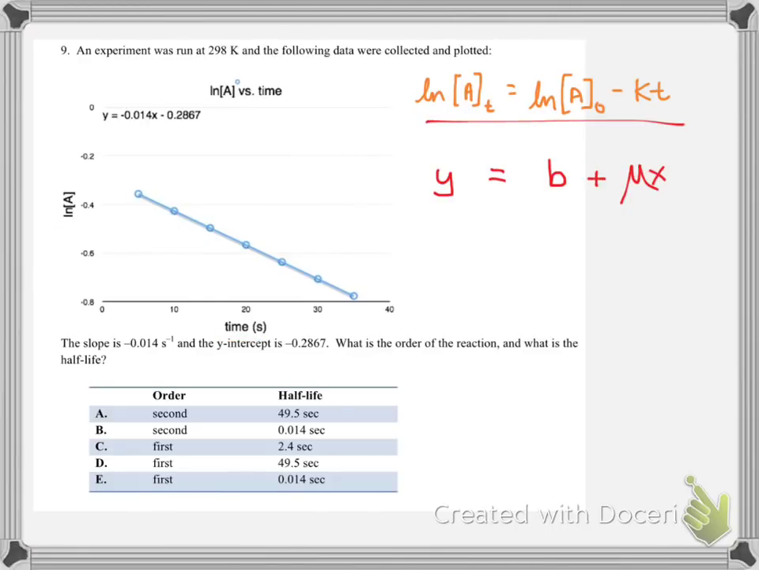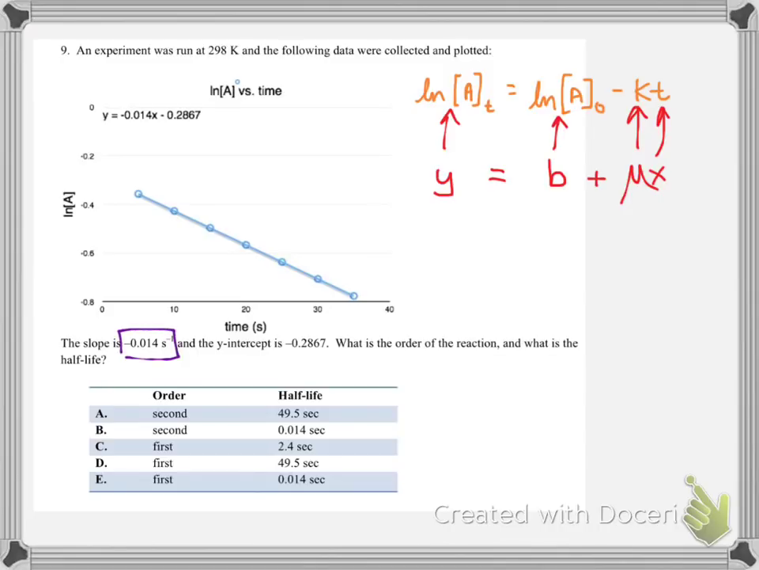If we consider the first order integrated rate law and we compare it to slope-intercept form, y equals mx plus b, you should see that first order reactions should afford us a linear trend when we make this plot. So that's indeed the situation, which means this is first order. So what other important piece of information can we glean from this graph? Well, note the slope is negative